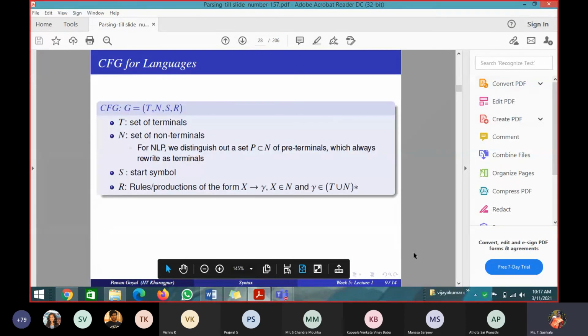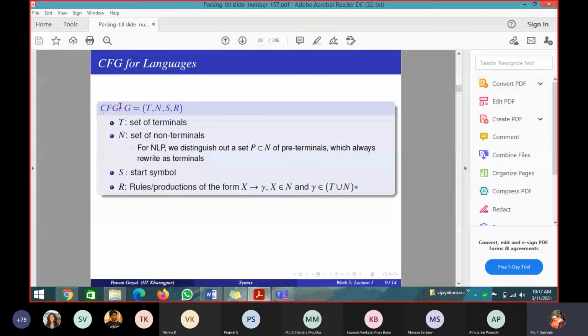Generally, if you take CFG, we have four main important units in a CFG. A grammar G in a CFG is explained in terms of four main important components: T, N, S, R, where T represents, you take it, a set of terminals. From terminals, I cannot derive anything. So what will be a terminal?